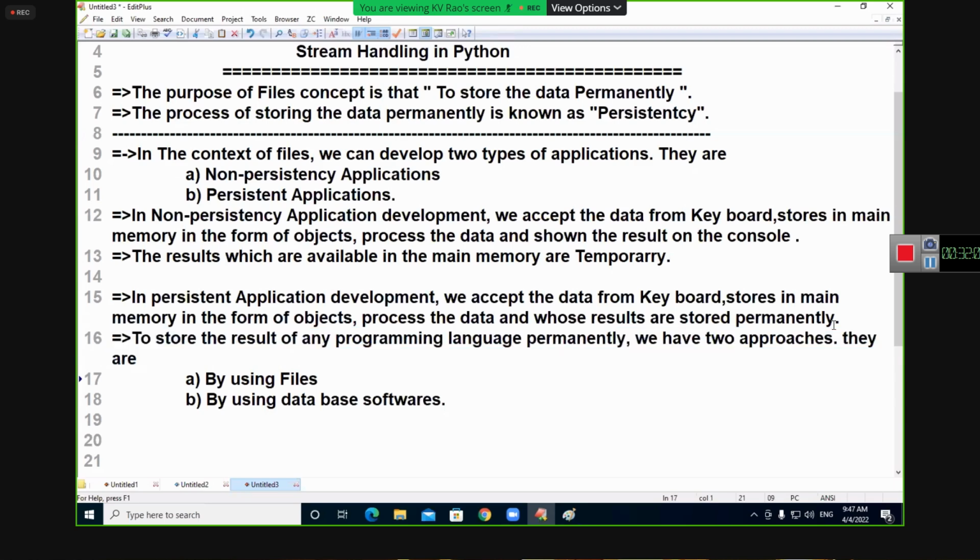One is by using what? One more by using. So programming using files and programming by using database software using Python is called what? Persistent application development. Okay, one important note I will write that. Note that if we write